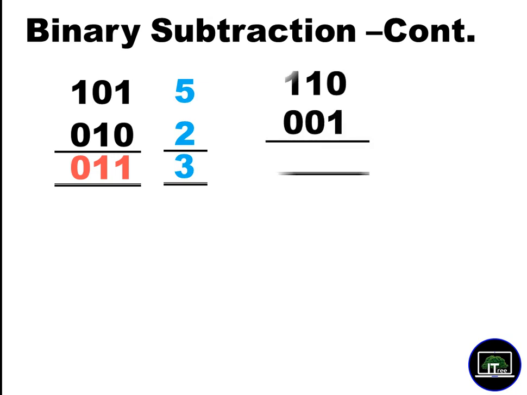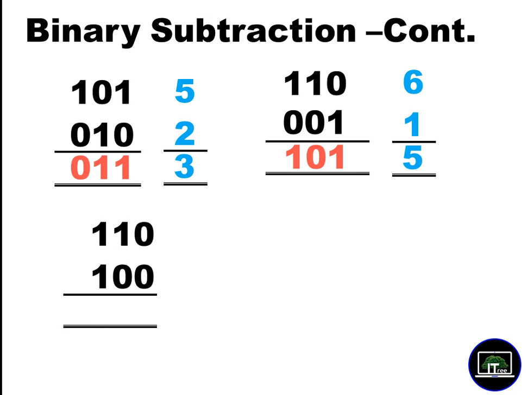Look at this one now. You deduct 1 from 0, you can't do that. You ask for a value from the next line. Now the next line has 1, you get something from there, you get 2. Then you deduct 1 from 2, it is 1. Then there was 1 there, but you took that 1, now it's remaining 0. So 0 minus 0 is 0. Now you deduct the last one, 1 minus 0 is 1. Okay. You can do this one again in decimal. 110 is 6, 001 is 1, 6 minus 1 is 5.